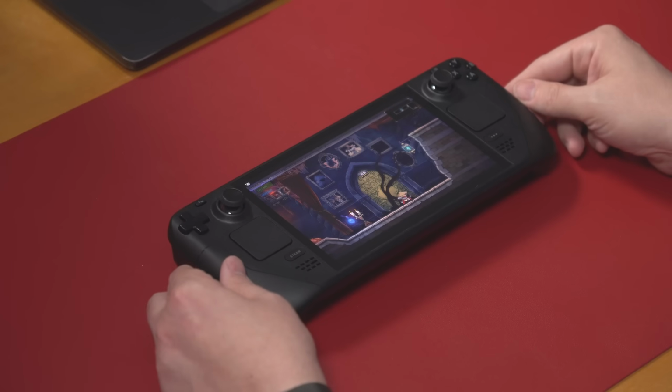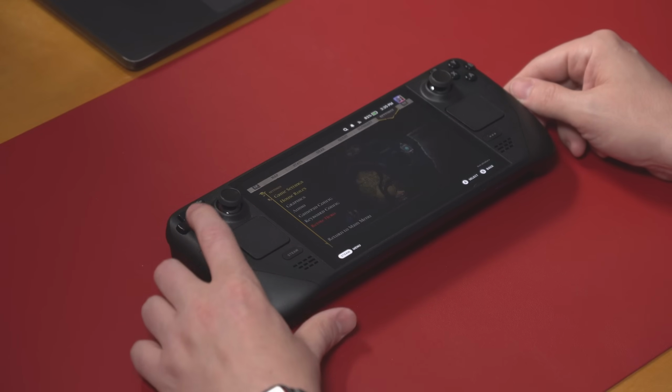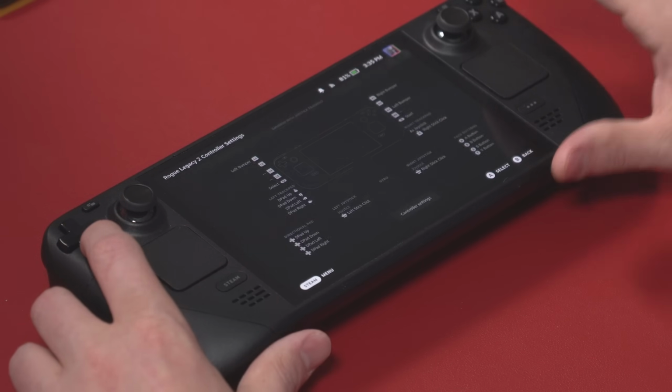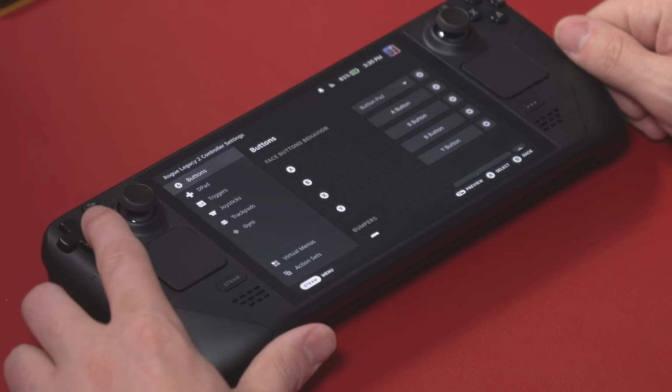Since we're talking about Steam Input, let me show you another trick you can do with Steam Input, and that's turbo buttons. I'm lazy. Why would I want to push a button over and over and over when I could just hold that button down instead? That's where extra commands comes into play in Steam Input. Here you can see I'm playing Rogue Legacy 2. I'm going to hit the Steam button. I'm going to come down here to my controller settings, and I'm going to go into my settings, edit layout,